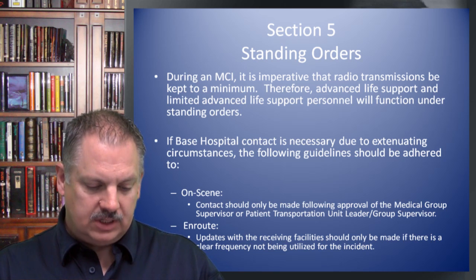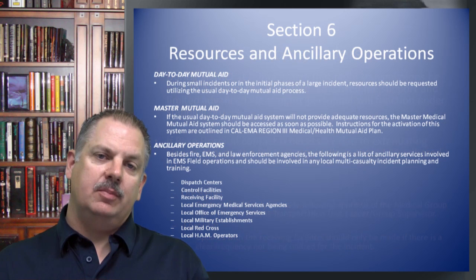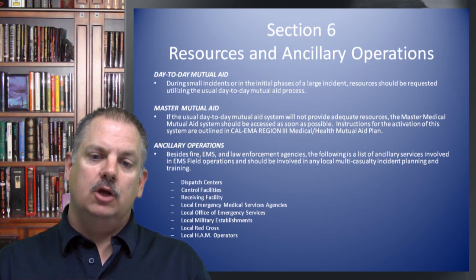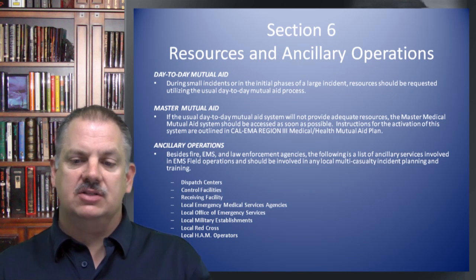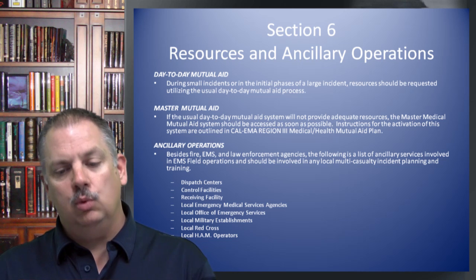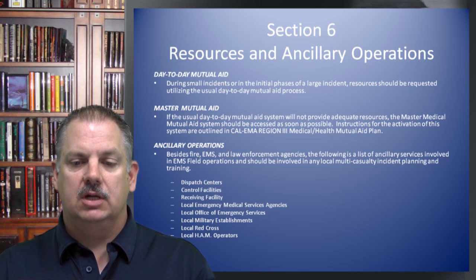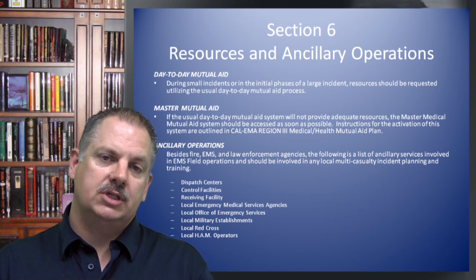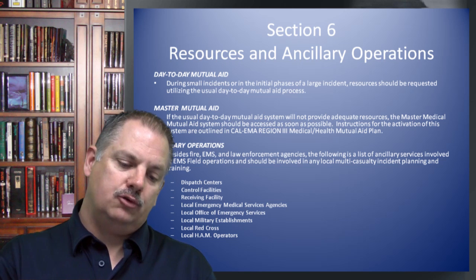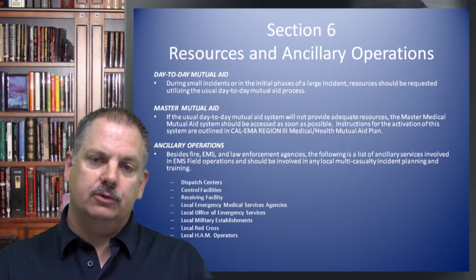Some other forms to consider. Pre-hospital care records, again, for every patient transported, you do need to do your normal PCR that you do for your agency. The medical branch worksheet, which is a great tool for just knowing who's in charge of what position, and also if those change. The patient transportation summary worksheet is the most important one because that tracks those patients from triage through transportation to